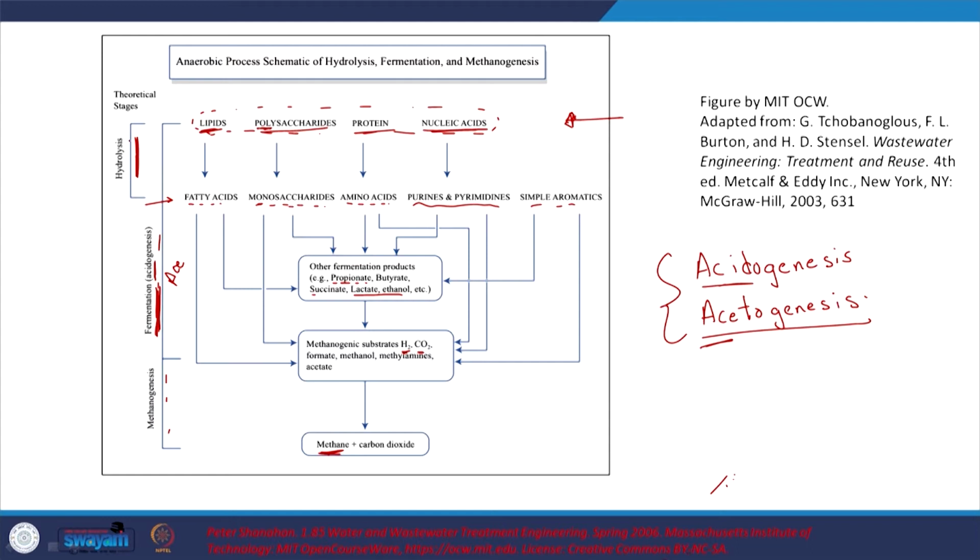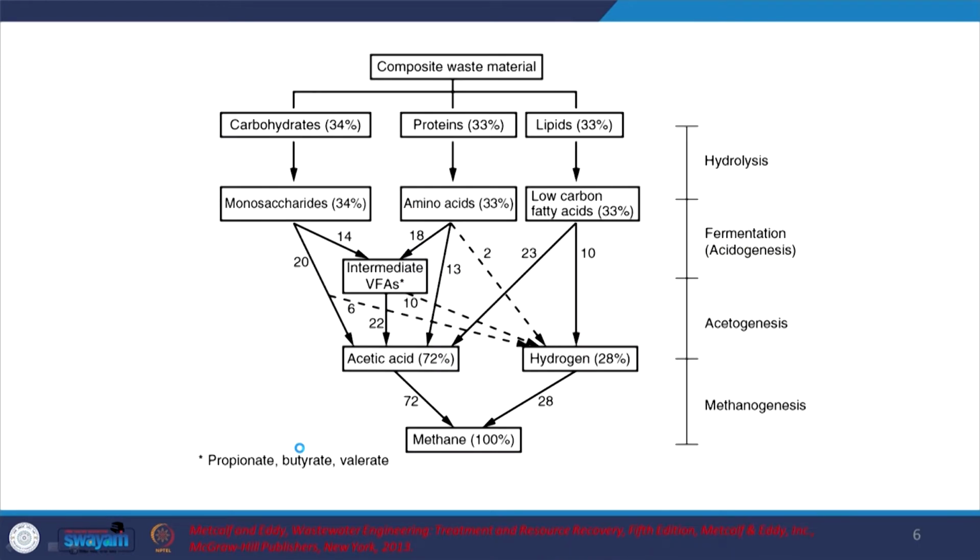So, 4 major stages: one is hydrolysis, then acidogenesis and acetogenesis, both of which are under fermentation, and then methanogenesis, which leads to the formation of methane. Let us move on. First I have relatively more complex organics here, and this percentage is by the total COD. Initially I have 100%. After hydrolysis I am going to have relatively simpler organic compounds. Again you can see obviously the COD is still there.